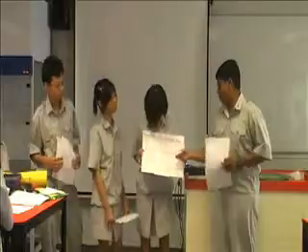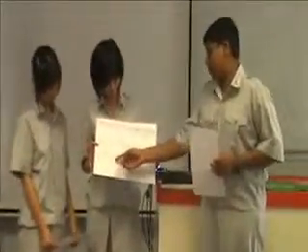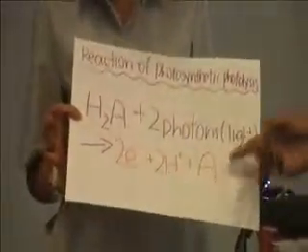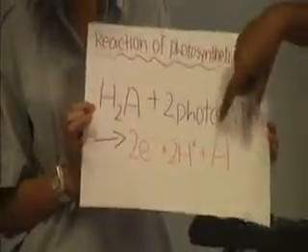H2A plus 2 photons, which is light, equals 2 electrons, 2e-, plus 2 hydrogen ions and A. Here, light is used to split H2A into these compounds. Photon is